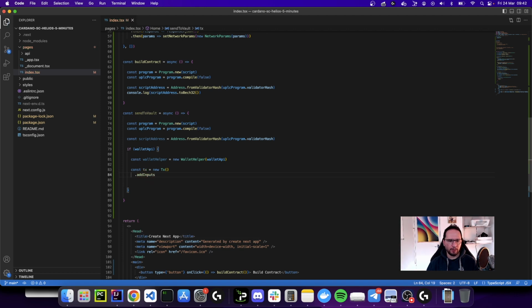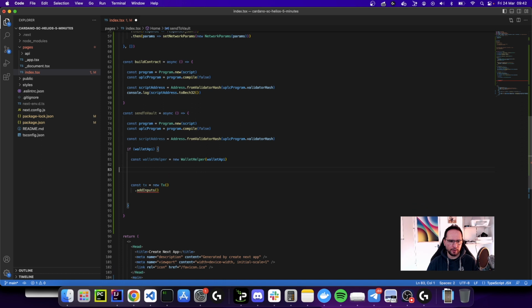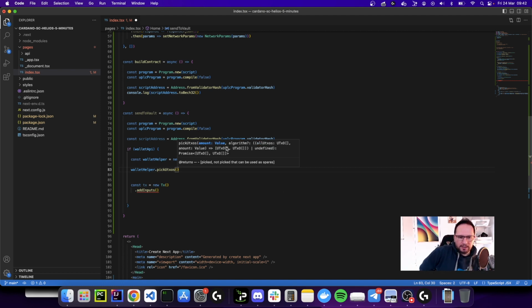So we need now to select the UTXOs from our wallet in order to spend the NFTs. So this is going to be a little bit complex, because now we do know that the wallet helper has a nice feature that is pickUtxos, right? And it accepts a value. Value is basically ADA or assets that you want to spend. Any transaction, you can use this pickUtxos as a facility method to quickly select the UTXOs that are required